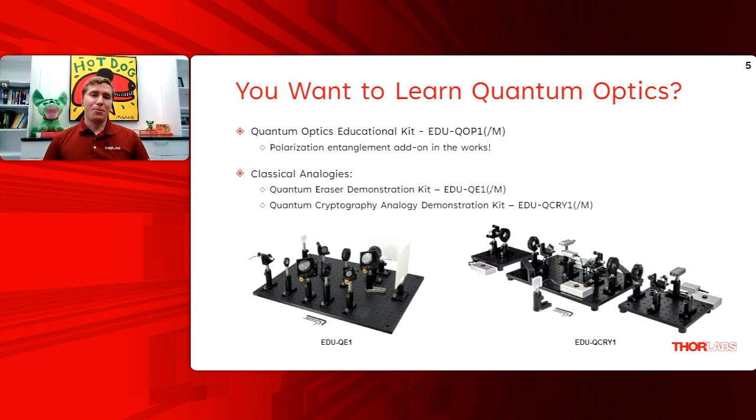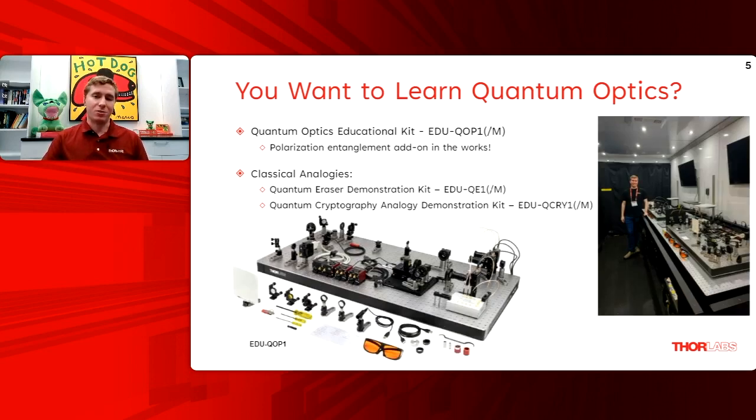At any rate, both of these are considered classical analogies. So they're both using visible light classical sources, essentially just laser pointers, and they're really geared towards the easier, lower budget entry, getting across the core principles that you're working with in quantum, rather than having you create a non-classical source, for instance, which is what you will end up doing with the quantum optics educational kit that I have